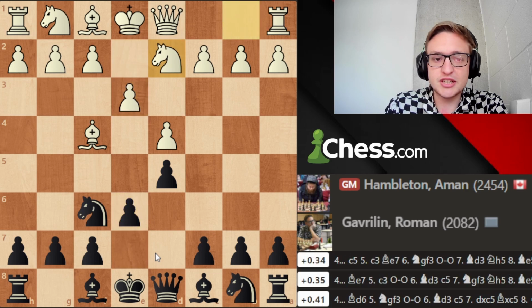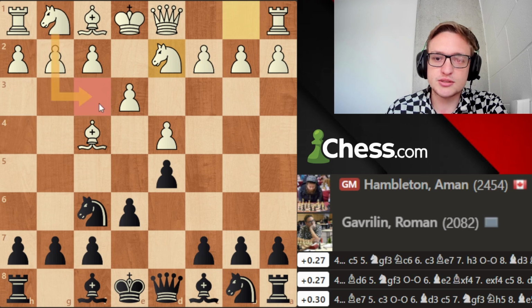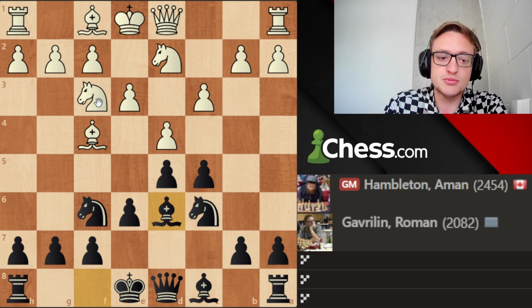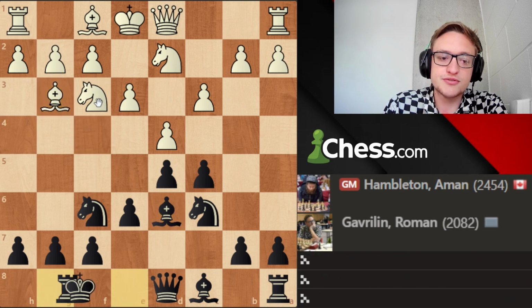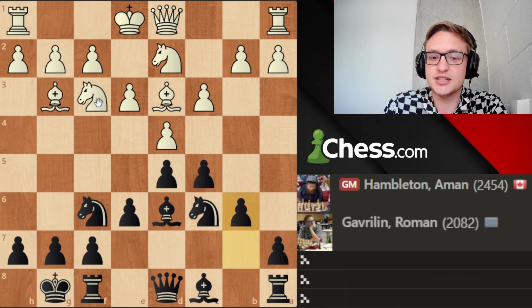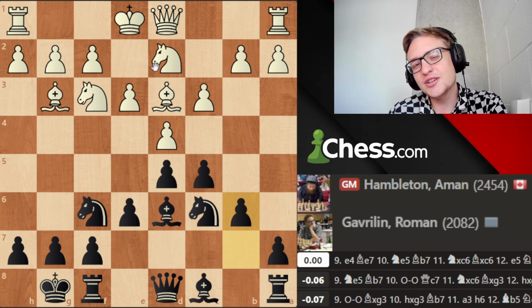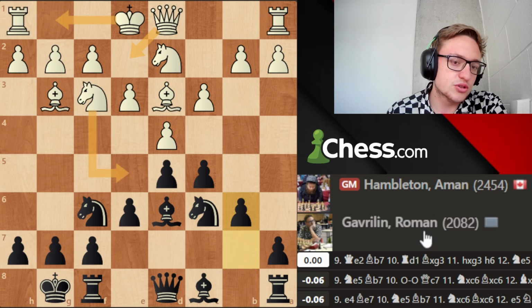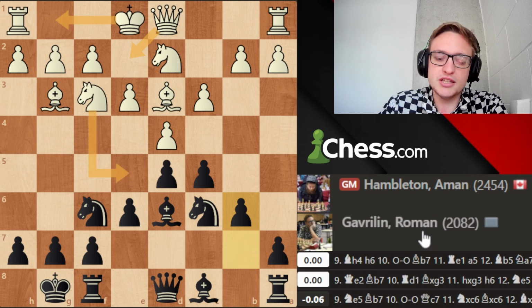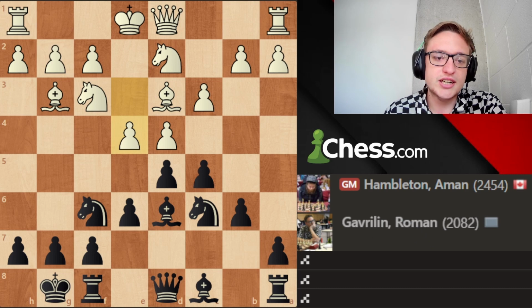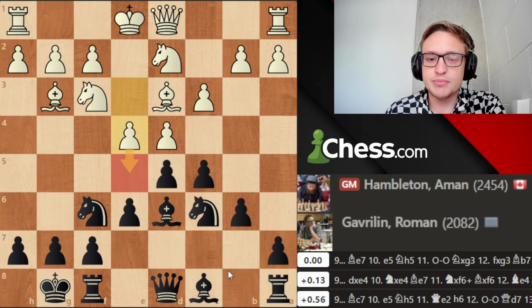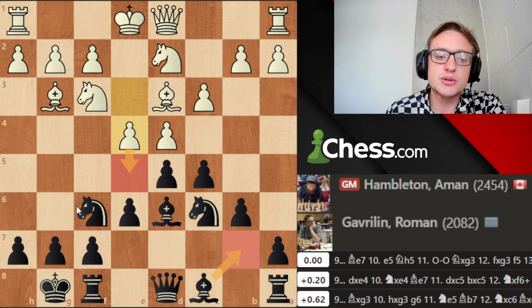Common London system, knight d2, knight f3, next move c5, knight c6, it's all common theory. Bishop d6 is the main line here. Bishop g3, castle, bishop d3, b6. And so here I know some moves like queen e2 or castle immediately. Knight e5 is also not a bad move. He played e4 immediately, and here I have like e5 is a threat. If I play bishop b7, e5, he wins the piece. So I had to think here,